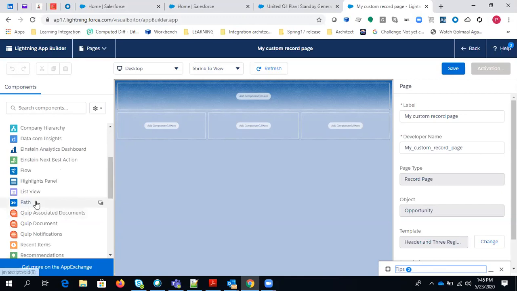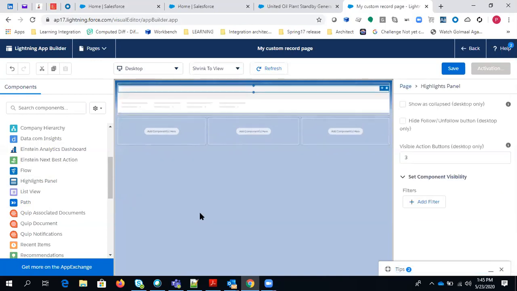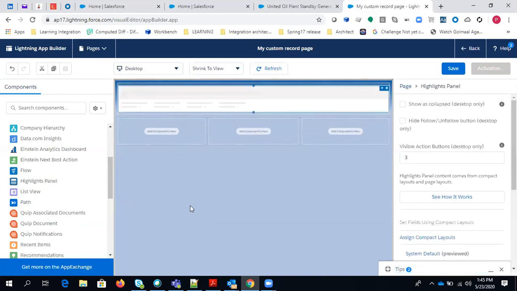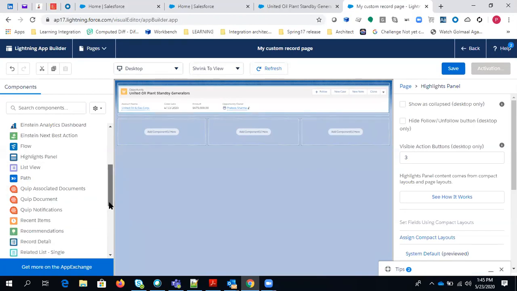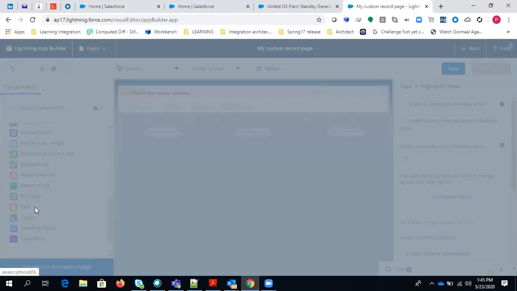So if you want to get the path as well, the opportunity path or a highlight panel. So let's say I just want to get the highlight panel, I don't want the path. Right now I have the highlight panel here, and in these three blocks, the first block I will use for tabs. So let's just go back and get the tab